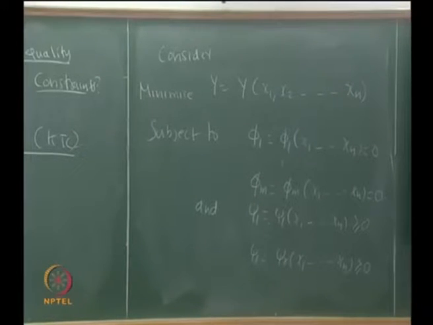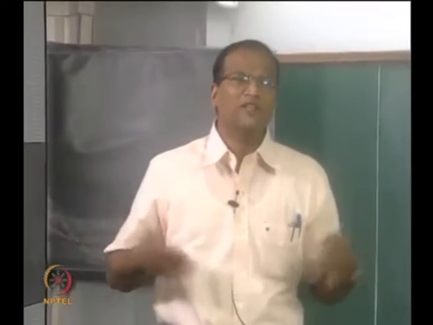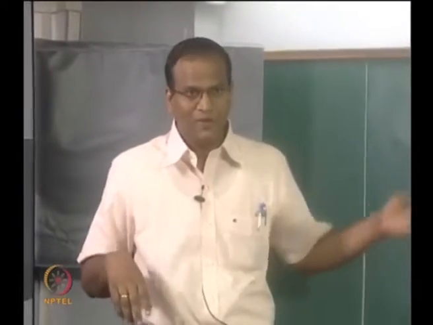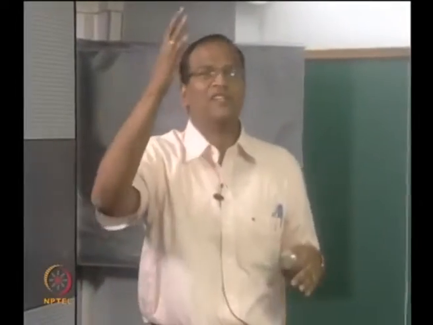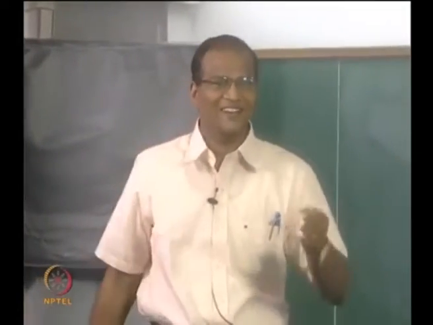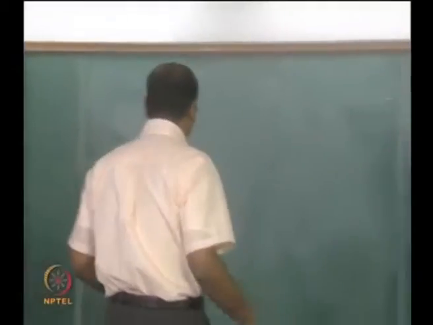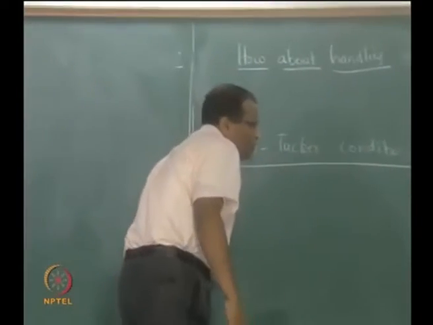Why minimization with a greater than or equal to constraint? For the furniture company making tables and chairs, if you want to minimize the cost, you don't make anything at all. But that is a very trivial solution. So these greater than or equal to constraints ensure that the output is greater than 0 and some activity is generated. If it has to be 0, everything has to come to a standstill. Okay, subject to,